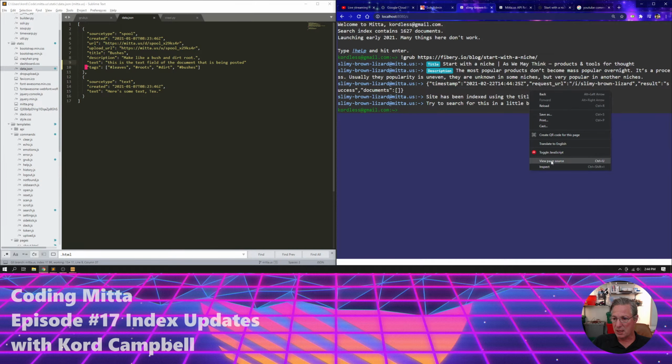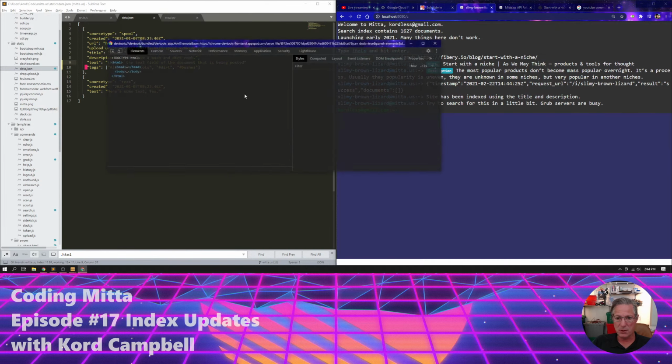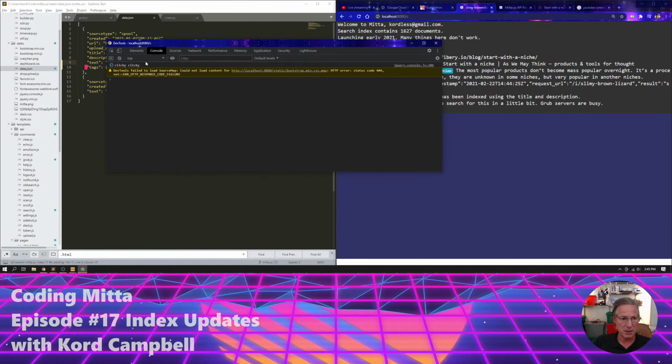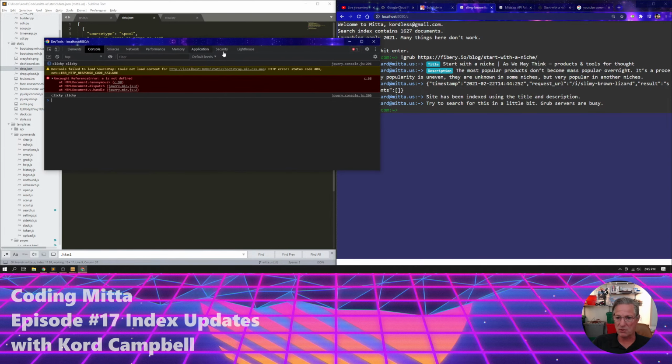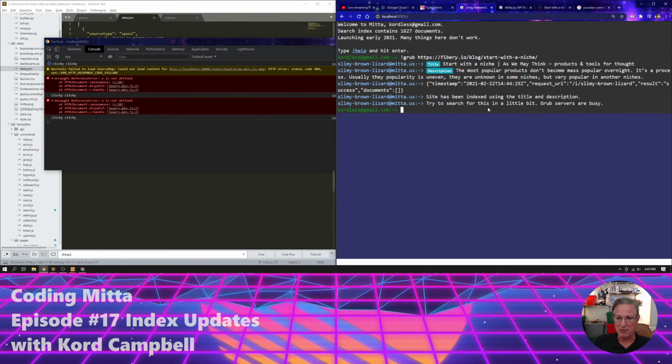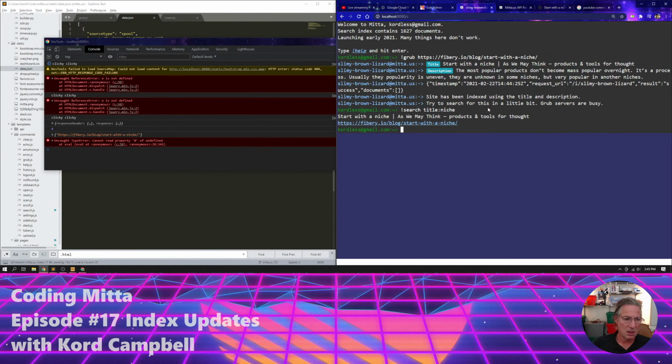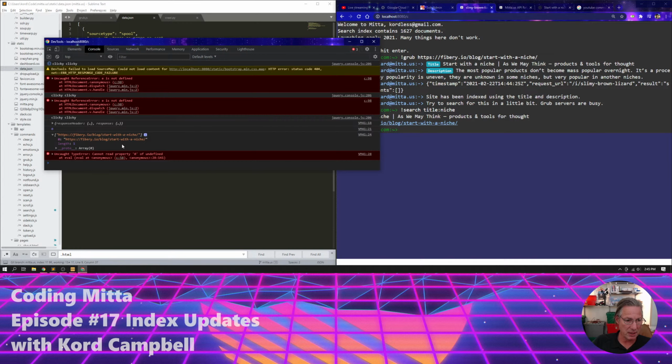I'm going to look at the console here real quick, and I'm going to search for, it says E is not defined. Oh, that's just because I'm clicking. I got to fix that. So I'm going to search for title and then something like niche. So this should work. That comes back, and then we've got this object that's coming back, and it says,